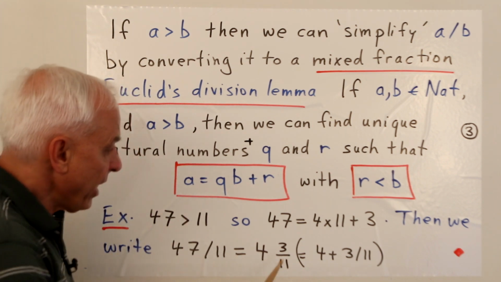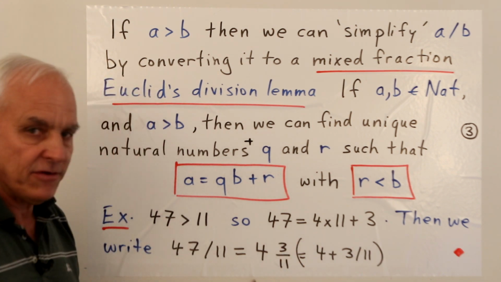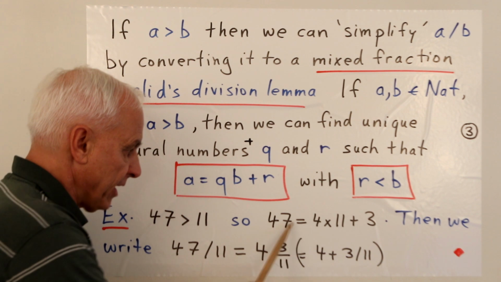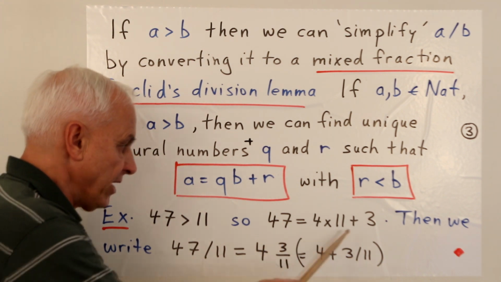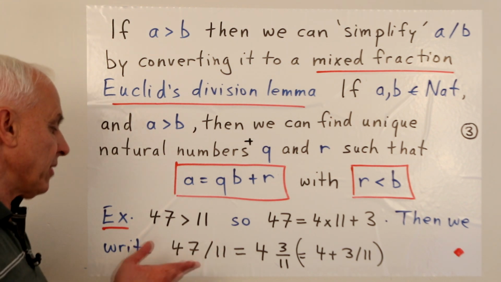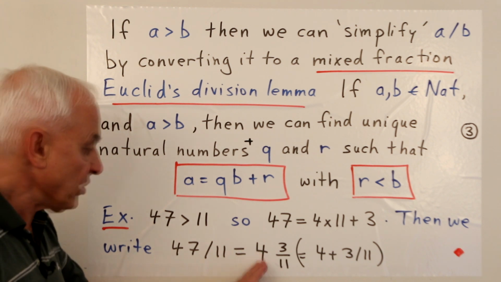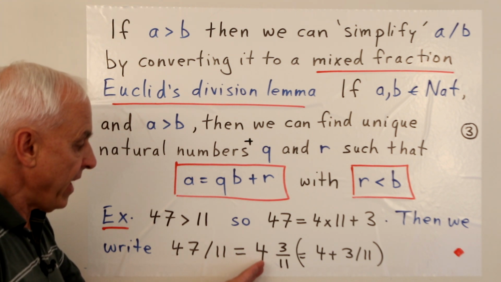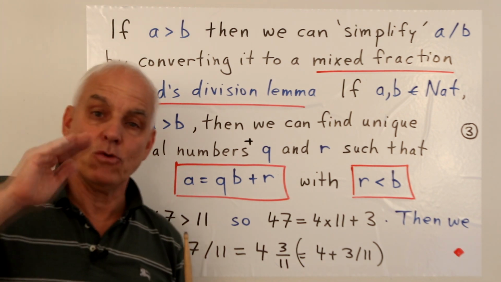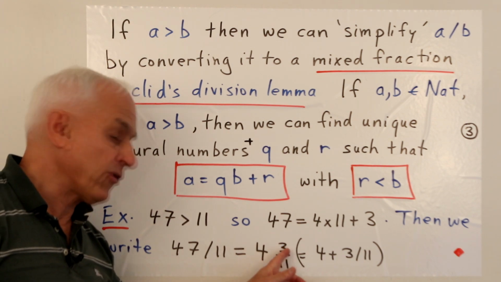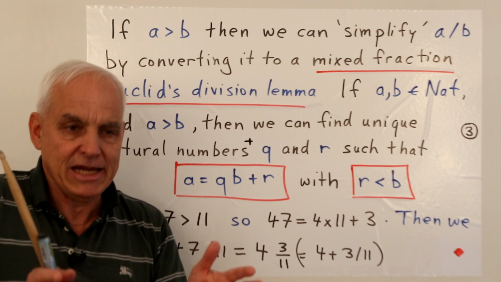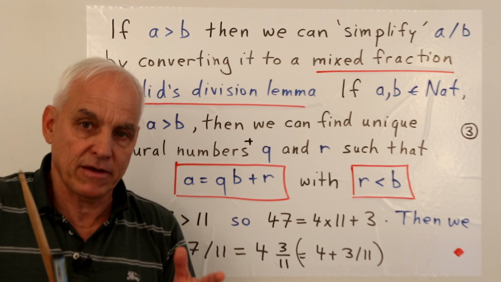Where is this coming from? Well, it's like taking this equation here and dividing everything by 11. So if we divide by 11, we're just going to get a 4 here. We get 47 over 11 on the left-hand side, and this over here will contribute a 3 over 11. So this is another way of thinking what 47 over 11 is. It's a natural number, and then an additional possible fraction, but that fraction is going to be less than 1. In other words, the numerator is going to be less than the denominator. That makes it kind of manageable. It's a little bit easier to see how big the fraction is.